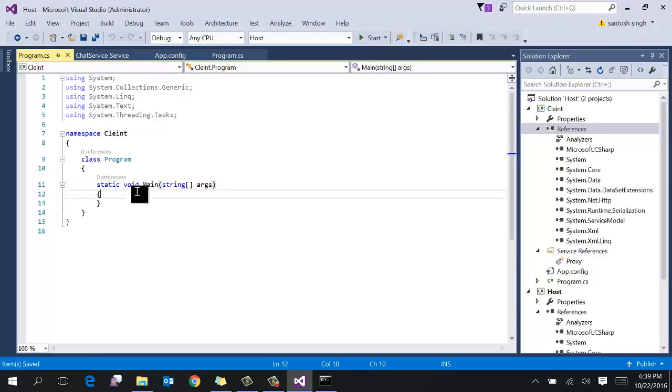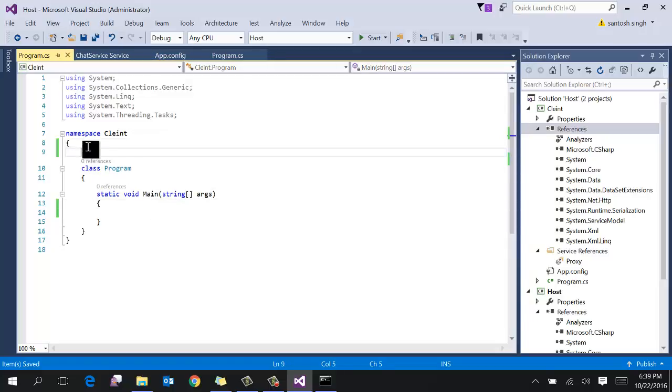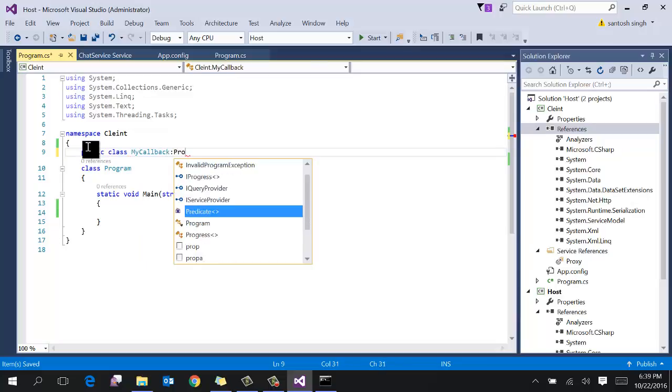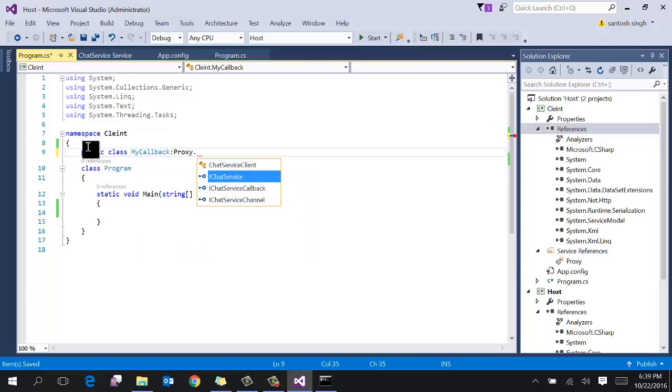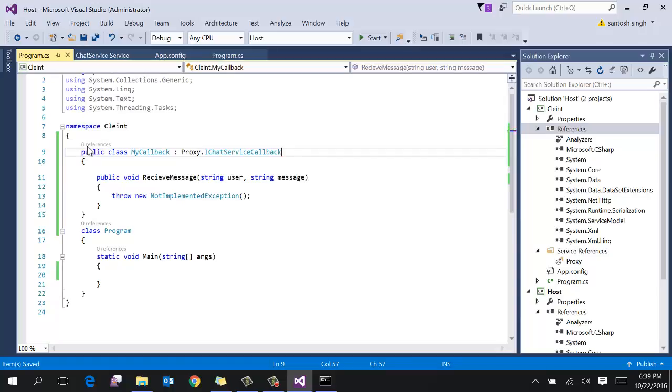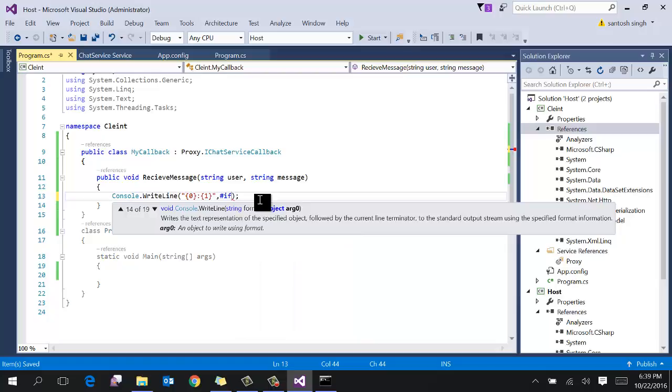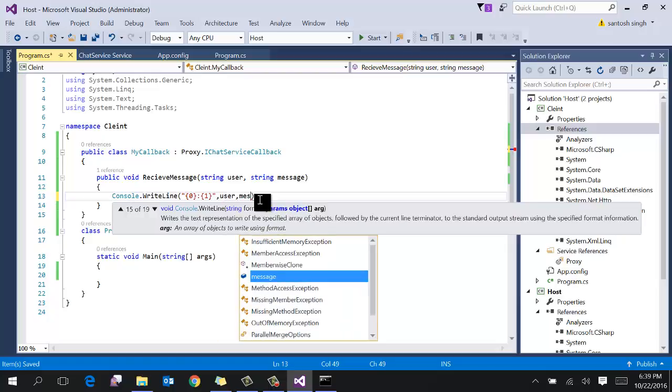So the proxy is created. First we have to implement the callback interface. Public class MyCallback, and inside the proxy there is IChatServiceCallback. Print the message, user and message.